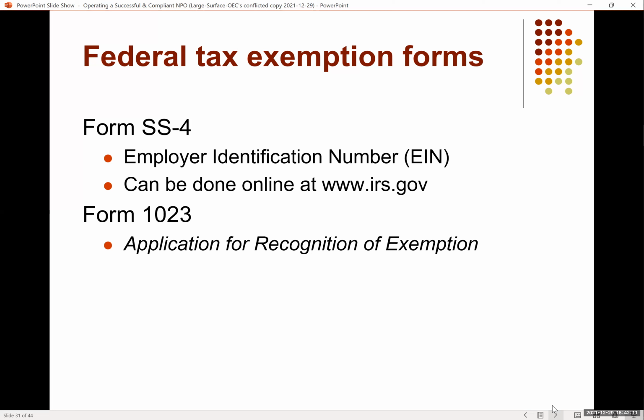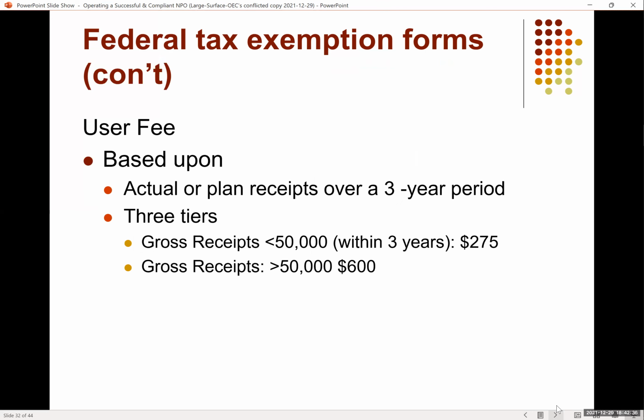They switched over in about 2000, so all forms have to be filed online. And it's pretty easy. They let you go through each step. I'm going to send you a copy of the instructions, and I think I have a dummy form of all the questions that they ask that I'll be sending you. But those are the forms that you use to file for the 1023. And here's the information about the fees.